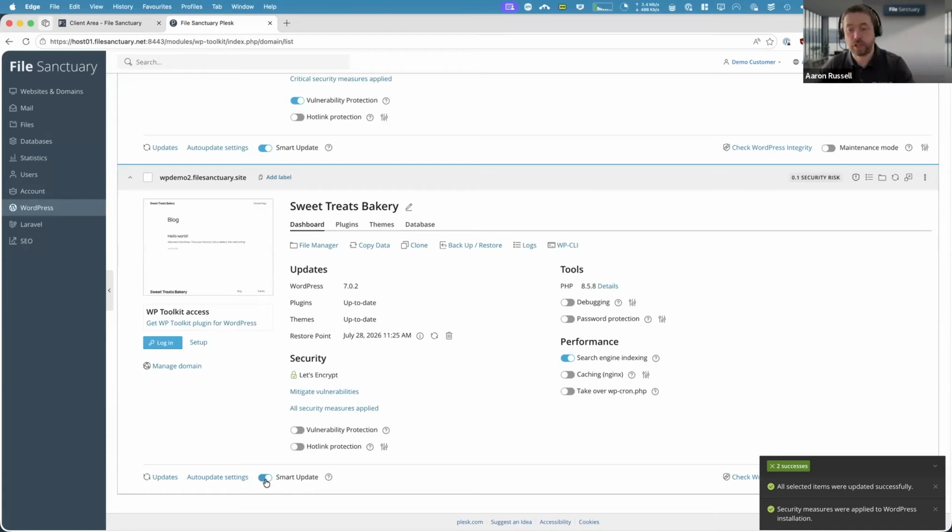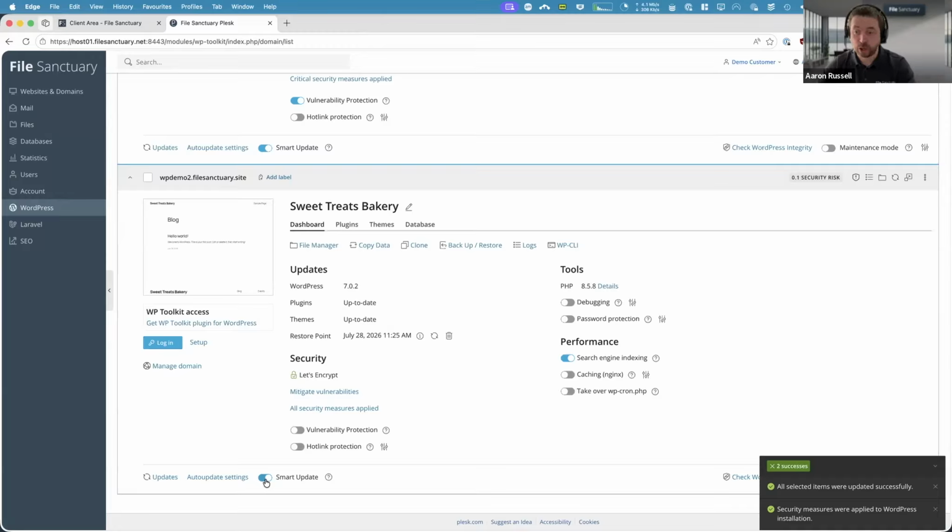If the screenshots show changes, there's visual differences between the before and after screenshots, you'll get notified by email to take a look and review things on the clone. And you'll be able to click through the screenshots and you'll see a side-by-side comparison of before and after. So you can decide if it's something that's safe to proceed with or not. All of this happens without the live site being harmed.